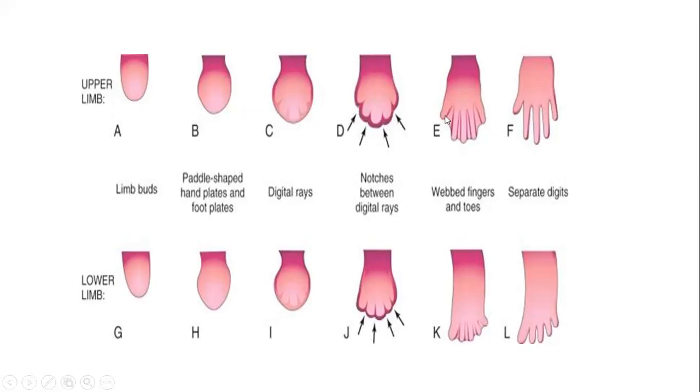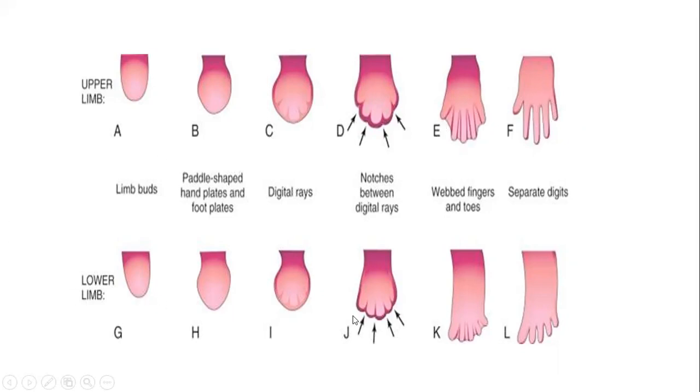Further formation of digits depends on the continued outgrowth under the influence of the 5 segments of ridge ectoderm, condensation of the mesenchyme to form cartilages, and death of the intervening tissues between these rays. This tissue is going to degenerate and give you your fingers.